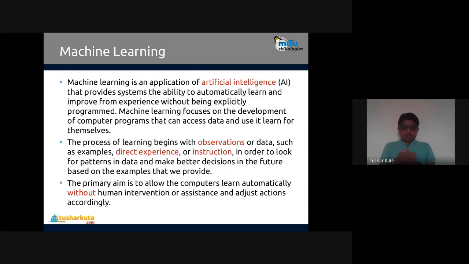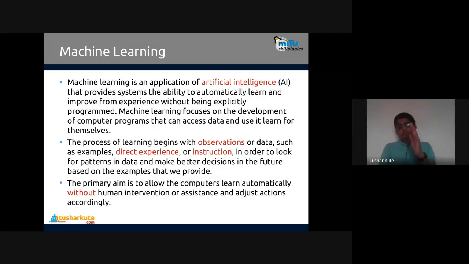The process of learning begins with observations or data such as examples, experience, instruction, in order to look for patterns in the data and make better decisions in future based on the examples that we provide. With the help of examples, we can perform further operations of creating the model and then do predictive analytics on it. This is what machine learning is.